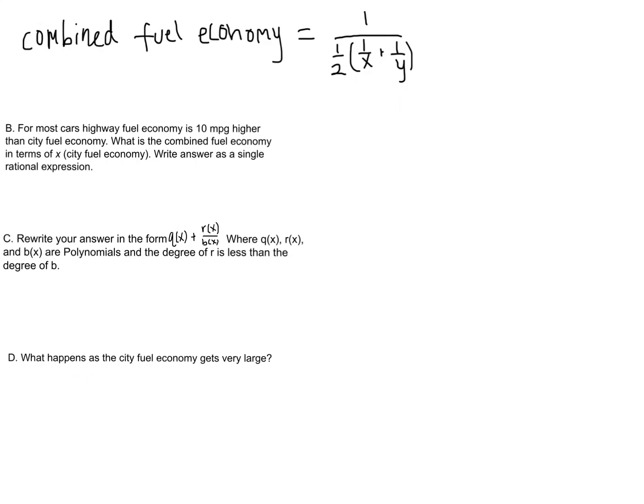All right. So you'll remember this. This is the function for the combined fuel economy. As a reminder, X is the city and Y is the highway fuel economy. So remember that cars have multiple ratings, one for if it's driven in the city and one if it's driven on the highway. We already computed the combined fuel economy for a Volkswagen Jetta where X was 29 and Y was 39, and we found that that was about 33, so I'll just write this here. Answer A was approximately